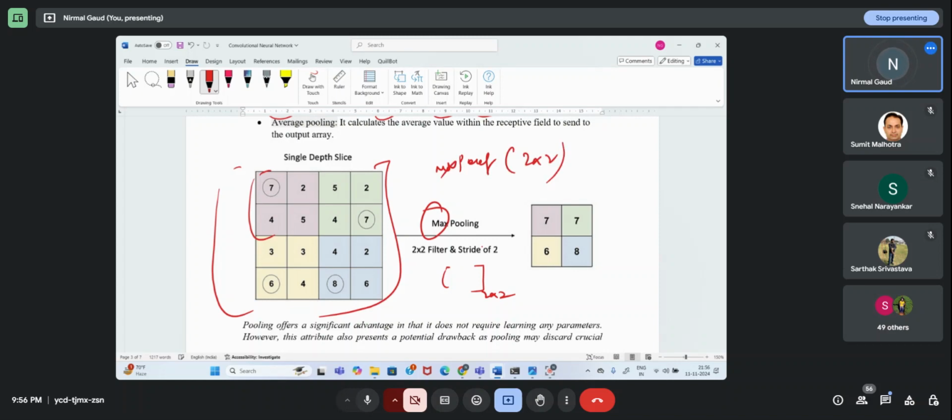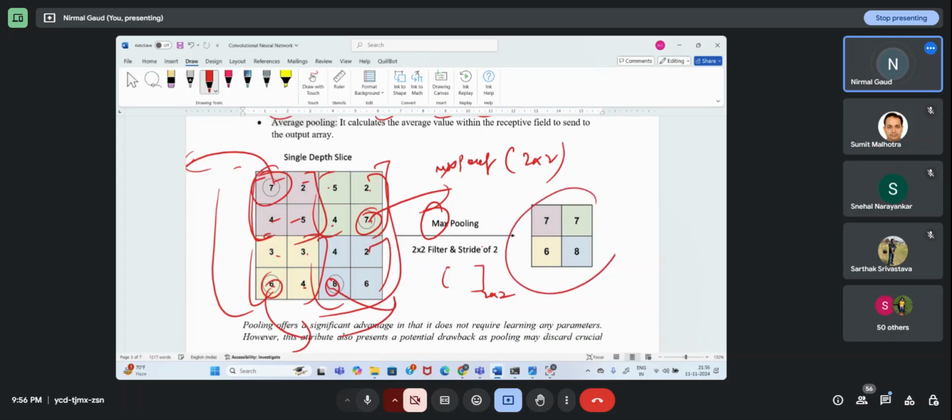So it will apply 2 cross 2 here, and it will see max pooling. Max means, what is the maximum number present here? 7 2 4 5, maximum is 7, pick up. Then here, what is the max number? 5 2 4 7, 7, pick up. Then here 3 3 6 4, 6, pick up. Here it is 8, pick up, and make a matrix. This is dimensionality reduction.